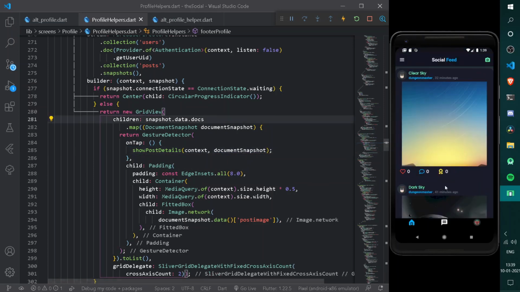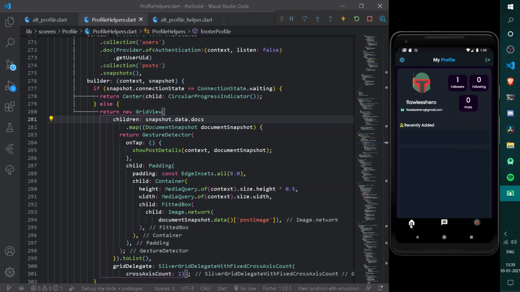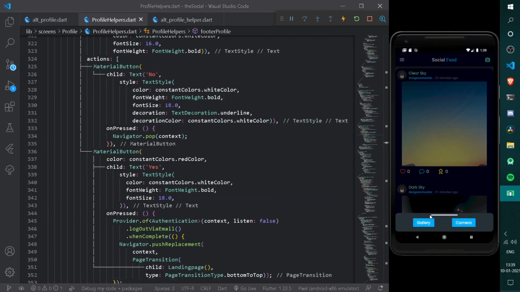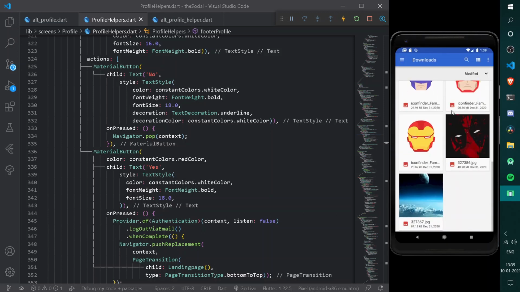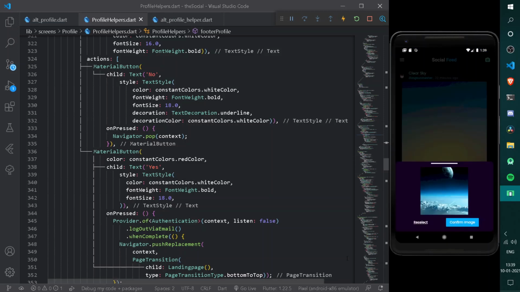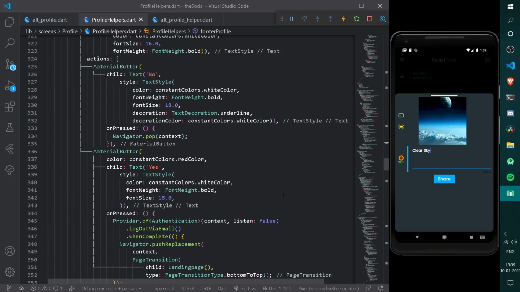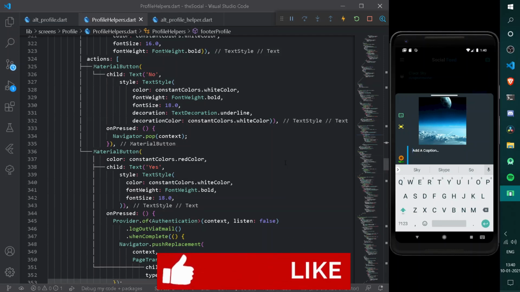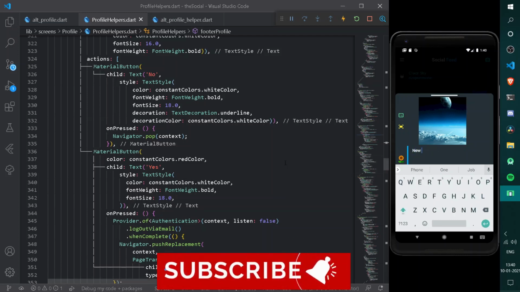Cool. Now once the user posts any data, we shall be seeing his post. So let's copy the following thing. Let's post a new image from gallery. Let's use this one, confirm image. Now instead of having a clear sky, let's have a different caption. Please comment down that we need to change the following property, so that the text controller shall be cleared off. Yeah, let's have a new caption of any sort just for testing out.